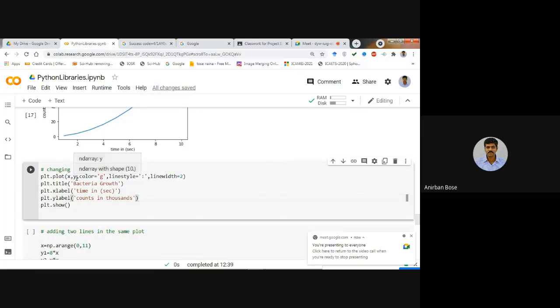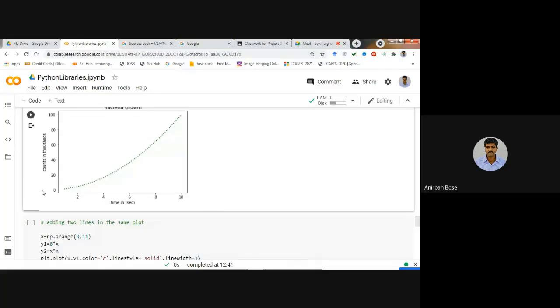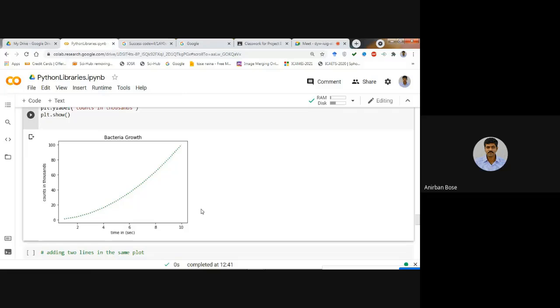That means it will take the default value. But if you specifically mention the color, then you have to write color equal to g. G means green. Then comma, line style equal to, within quotation, suppose you write colon. Then line width, you give say 2. And then you write the title, x label, y label, all these things as before. And if you execute, you see that you will get this kind of a graph. So you can change the color or the line width in this way.